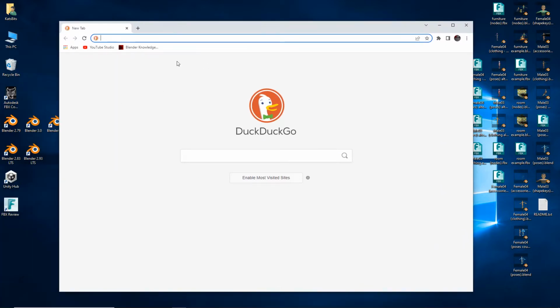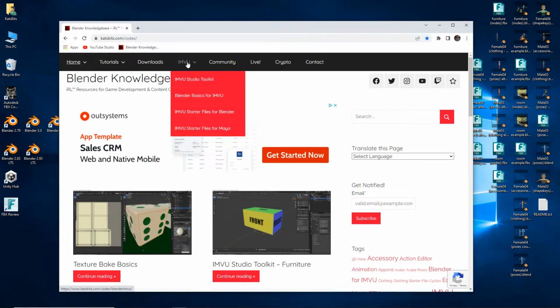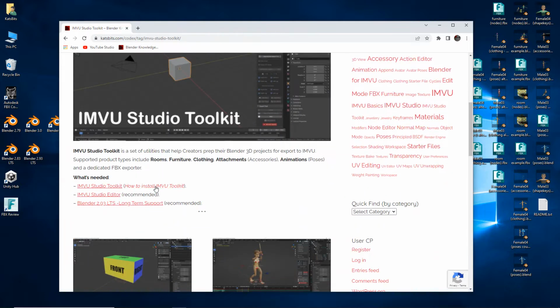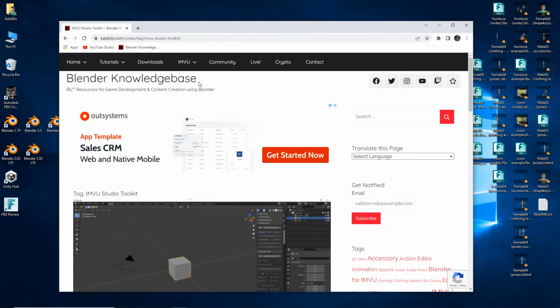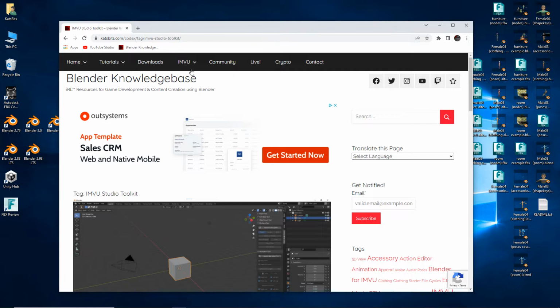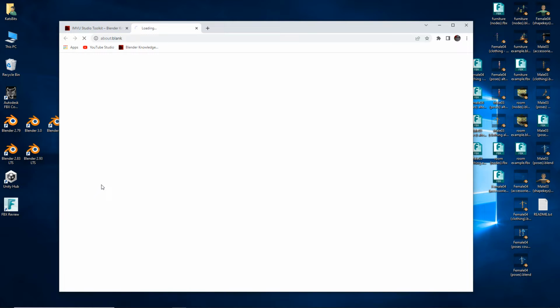Right, so let's go to our web browser of choice and download the plugin. I can't remember where it is off the top of my head, so I have to use my own website. Studio Toolkit. Right, so if you go to Casbit's IMVU Studio Toolkit, get the page, and I've put some links in. What's needed? IMVU Studio Toolkit. So just click on that, and it'll take you to